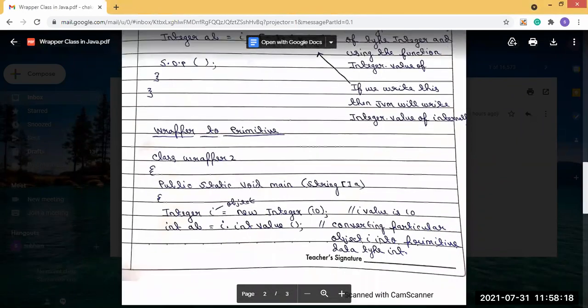After that, we will see wrapper to primitive. We have already seen primitive to wrapper. Now we will see the wrapper to primitive concept. Here also we will take a class name, let's say class Wrapper2. Then we create public static void main, and inside the main, now if we write